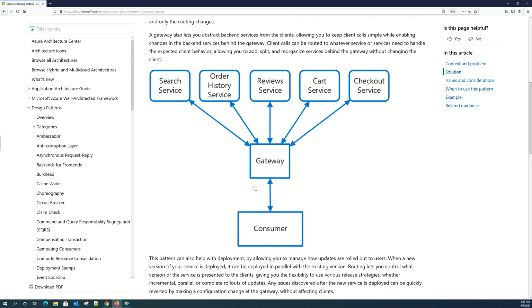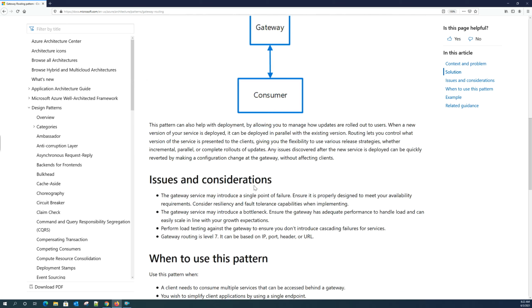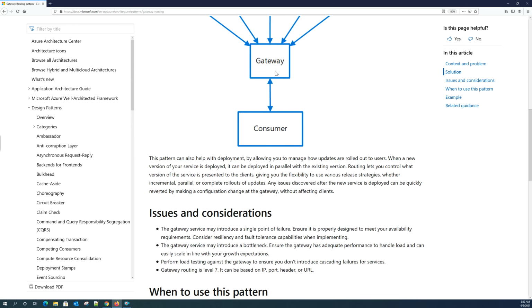So using this pattern has a lot of advantages. But you need to think about other issues when we are using this pattern. The first thing is this is like a single point of failure, right? Having one gateway always introduces a lot of issues. So you have to think about having multiple instances of gateway, and those will be serving the requests of consumers.